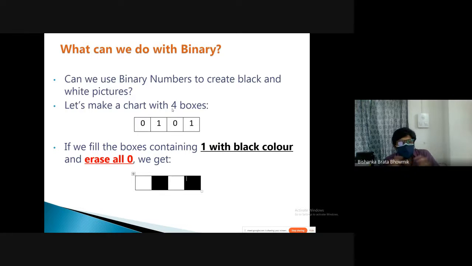Now you can write one number, 0 1 0 1. There are 4 boxes, and let them know that if the number is 0, we make the box fully white, so it will erase everything. If the number is 1, we make the box fully black. You can hand them graph sheets, or have them make some blocks.